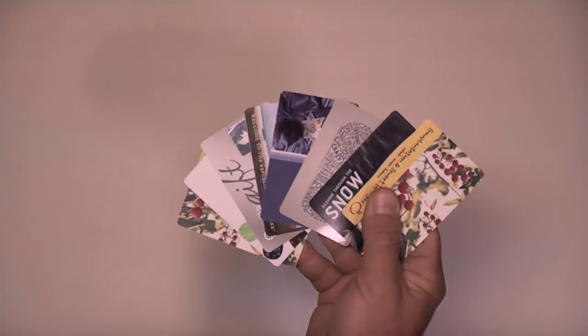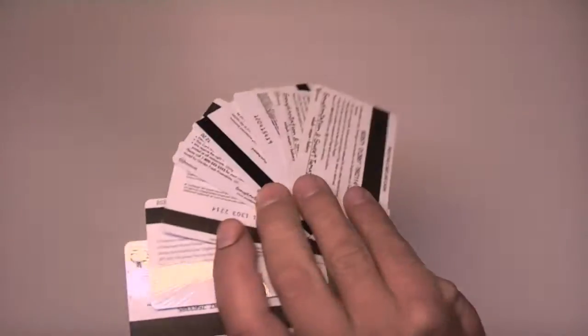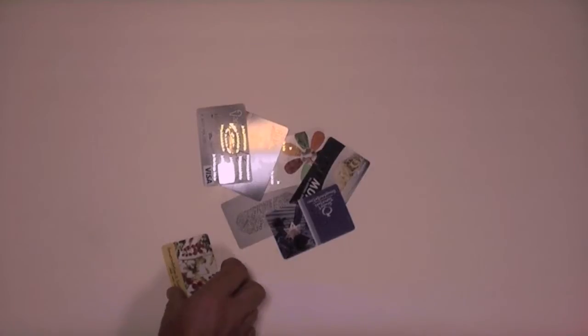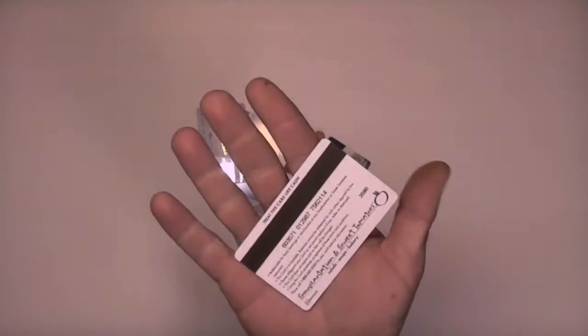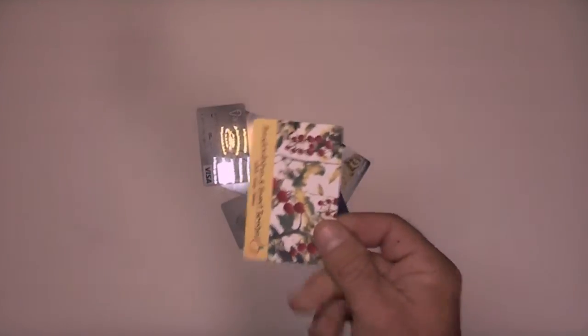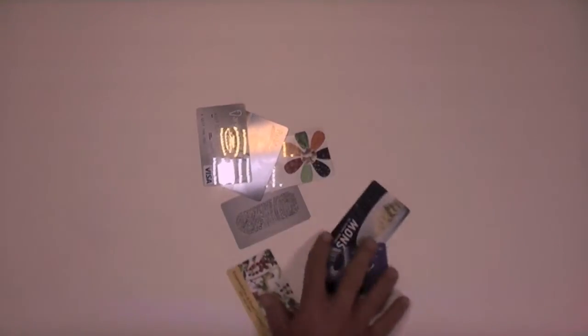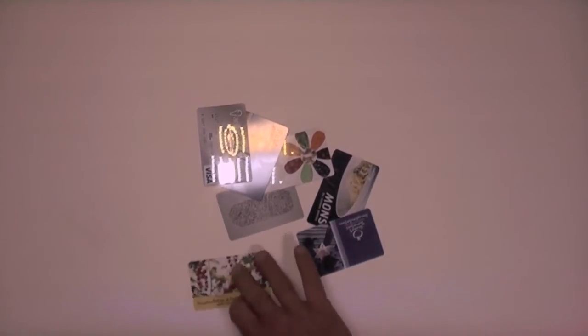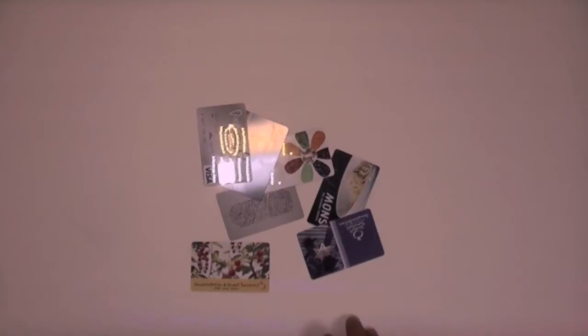Today I'm going to talk a little bit about my apparent obsession with PVC plastic gift cards. These are universally available thin PVC plastic gift cards with no value on them, with a magnetic stripe usually, that can be obtained from a variety of places. My favorite spot is to go to restaurants, which I will not name, but you can figure out easily, that